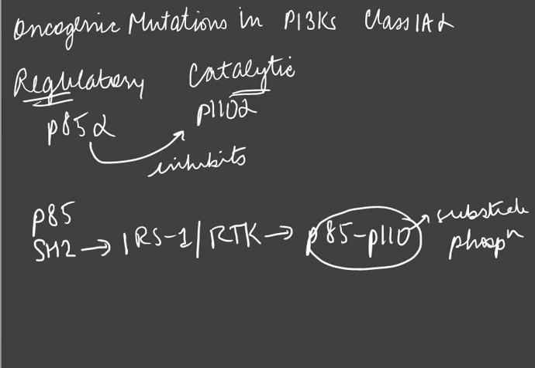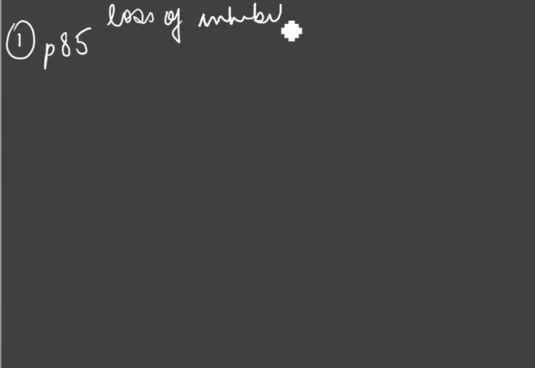Now, what causes oncogenesis? Well, there's two ways you can have oncogenesis in these protein kinases. Number one is if you have a mutation in the P85 subunit. If you have a mutation in the P85 subunit, that will cause loss of inhibition. So basically, both the cancers are caused by loss of inhibition. Okay, so if you have a P85 mutation, then obviously it will not be able to inhibit P110 anymore, and P110 alpha will go on catalyzing reactions, and we know that these protein kinases are responsible for converting